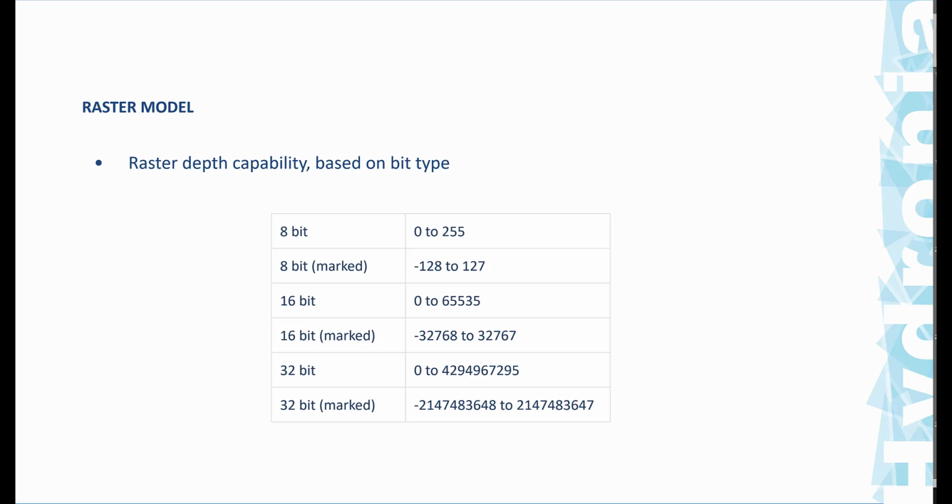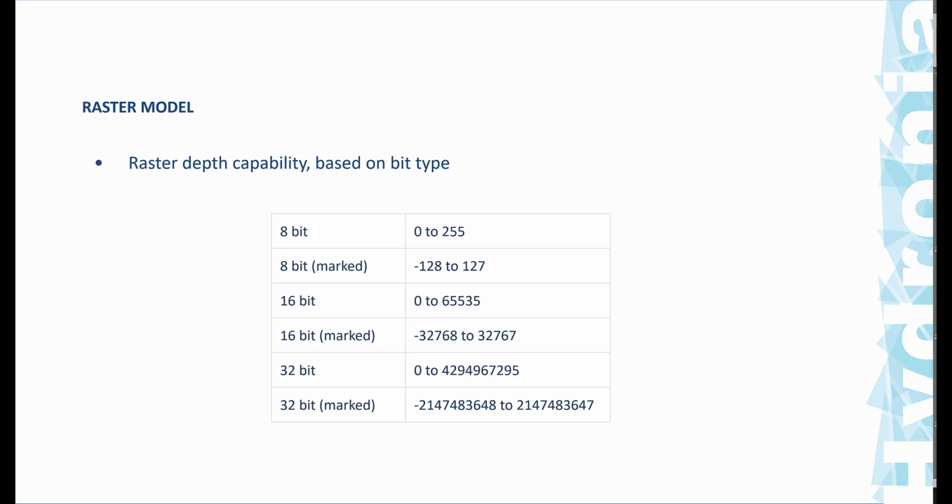For instance, if the file is an 8-bit file, the range of values will be between 0 and 255, which is very limited in a sense, but there are many kinds of data that can be stored using 8 bits in any case. And when you have 16-bit, for instance, the range is from 0 to 65,535, so 65,535 values,